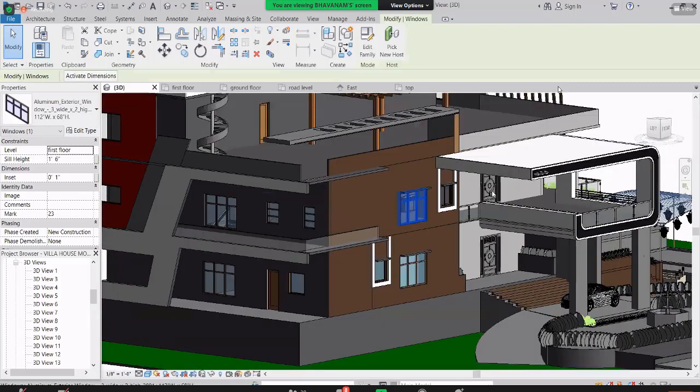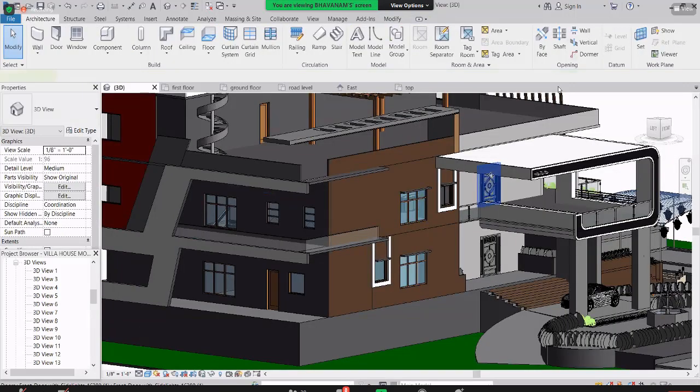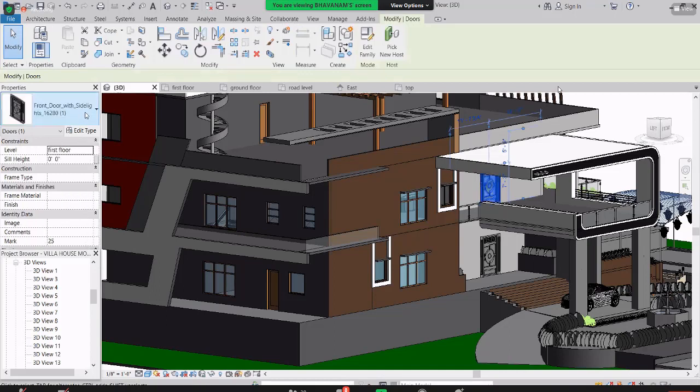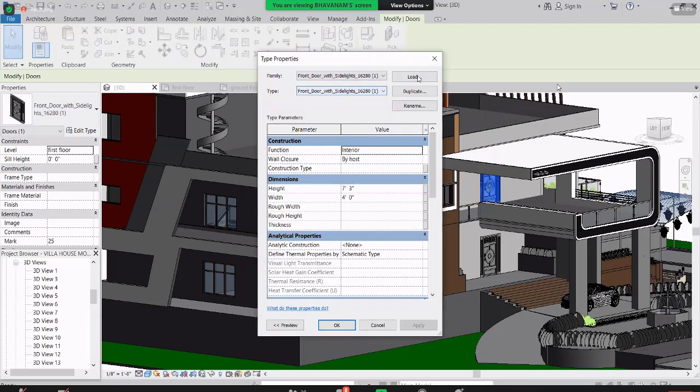And if you want to change the door, here we have a door, right? Once you select that door, you can see it in the property bar. If you want to edit any options or sizes, just click on edit type. Once you click on edit type, here we have duplicate or load. If you want to load another door from outside, just click on load and you can take it. If you want to make a duplicate, you can make it. Suppose you want to change the height, just give it as 70. For better understanding, just click on apply. Once you click on OK, you can see how it changed.